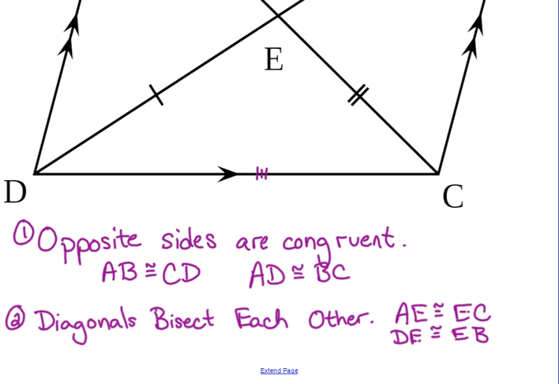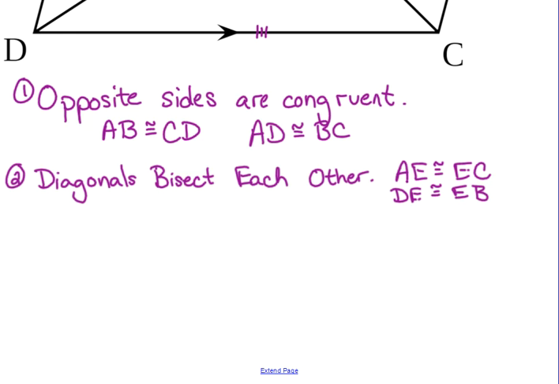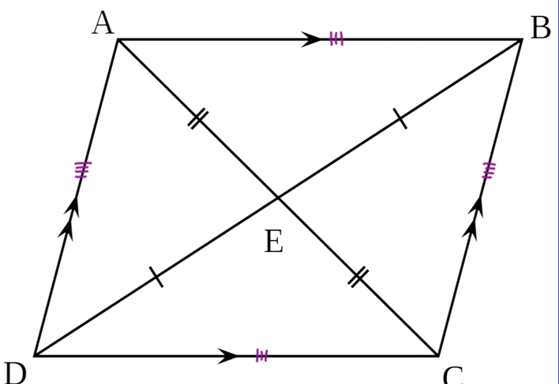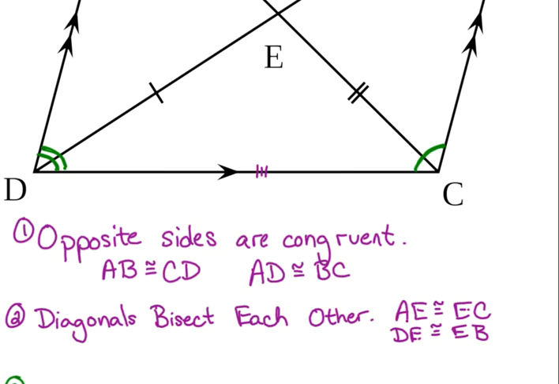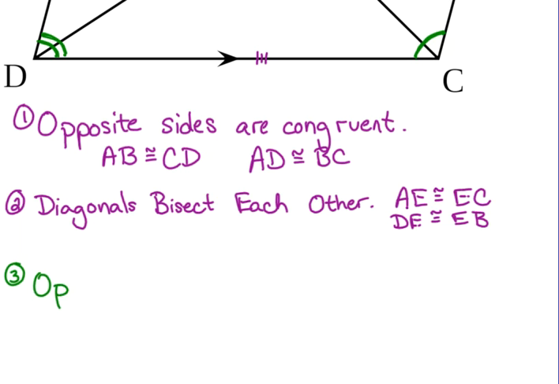Okay, now let's talk about our angles here. In your parallelogram, opposite angles are congruent. So the angle at A is congruent to the angle at C. The angle at B is congruent to the angle at D. Okay, angle A is congruent to angle C. Angle B is equal to angle D. So opposite angles